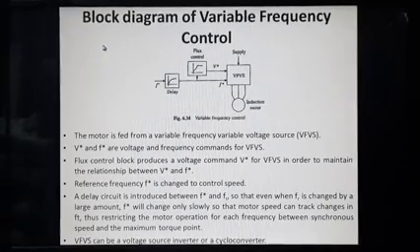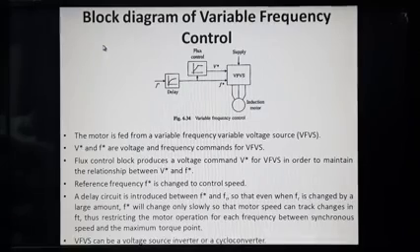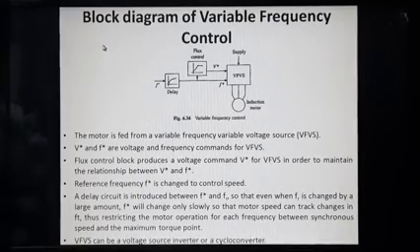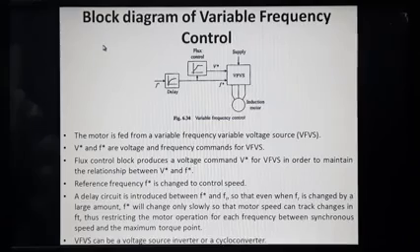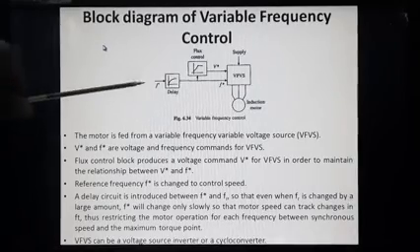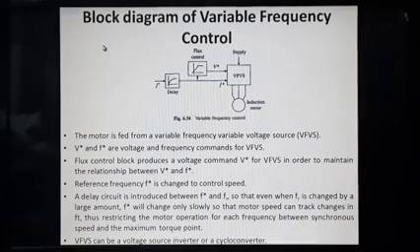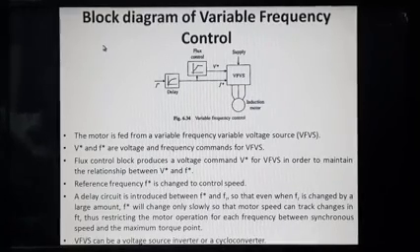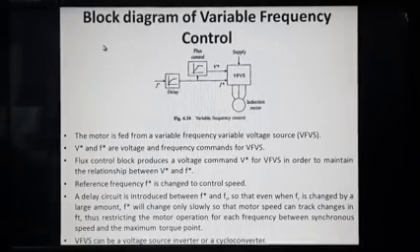So then why this delay block is kept here is, suppose let us assume the rated speed of the induction motor is 1500 rpm, and you are trying to reduce the speed to something around 60 rpm, from 1500 rpm down to 60 rpm. So definitely the frequency corresponding to 60 rpm, you will be feeding it here because you want the machine to run at 60 rpm.